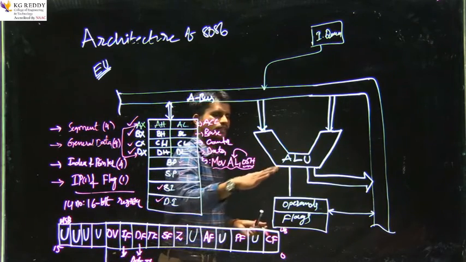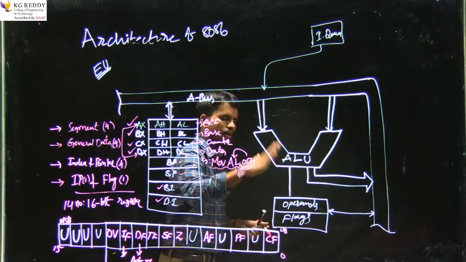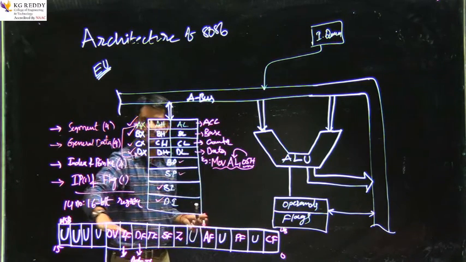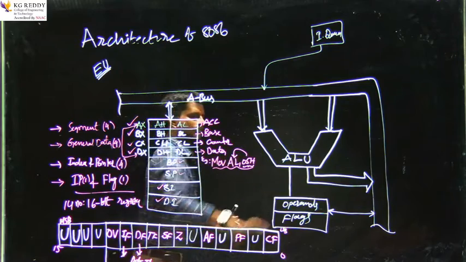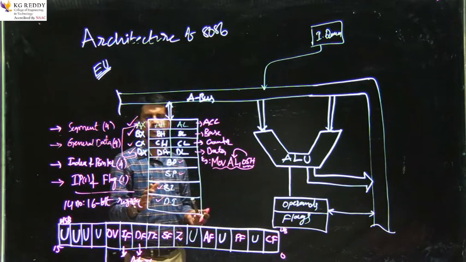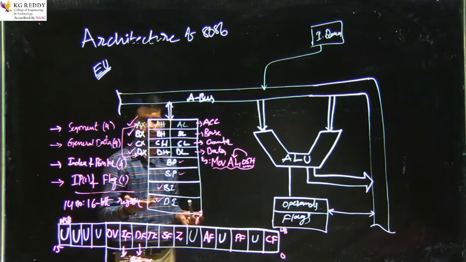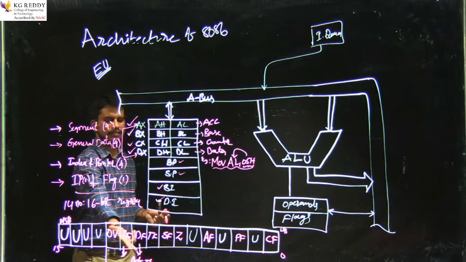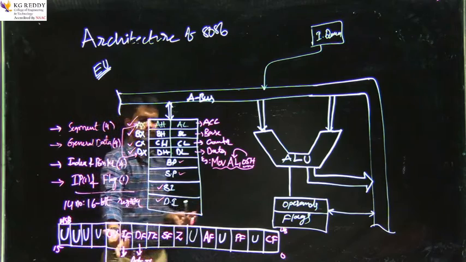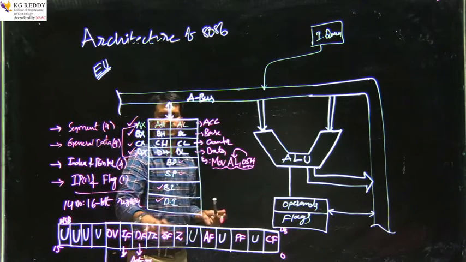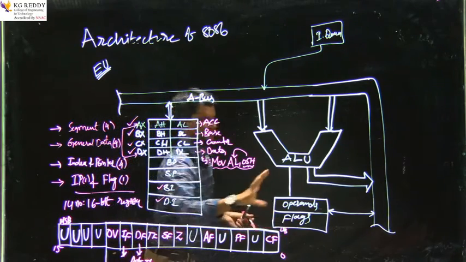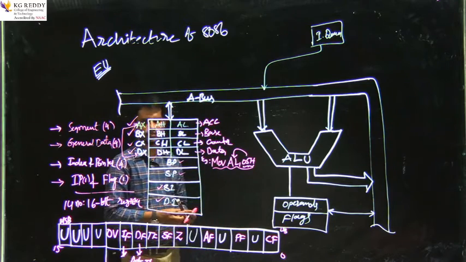After each and every instruction execution by the ALU, the flag register will update all these 9 fields according to the results. Then we will come to know the type of operation, whether the result has a carry or not, whether the result is 0 or not, the direction of data, whether interrupts exist or not, whether overflow exists or not. Each and every piece of information we can get from the flag register by taking its status.